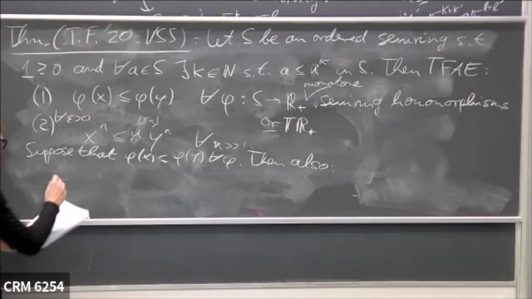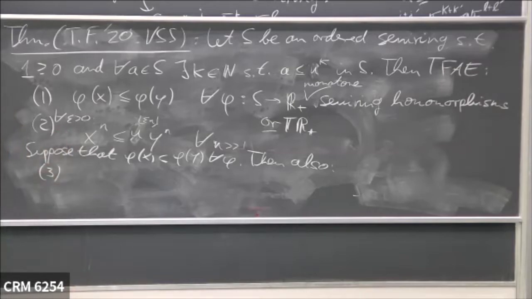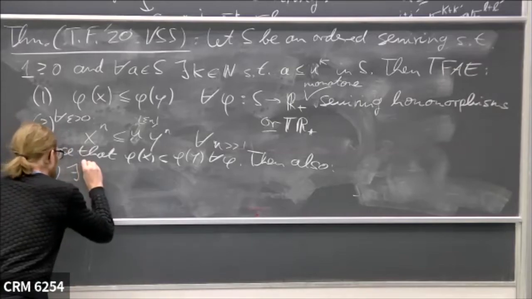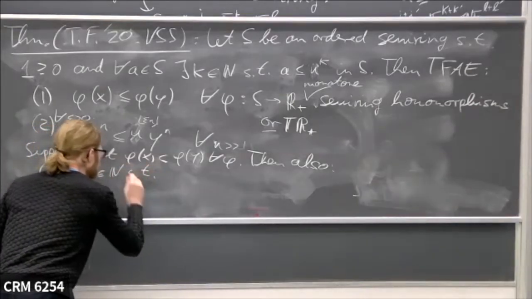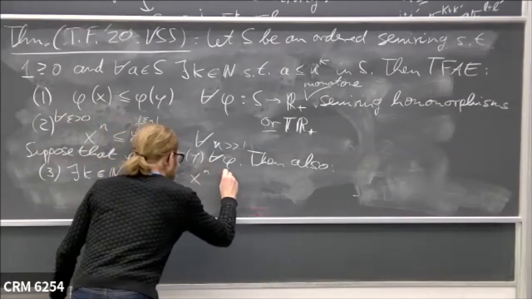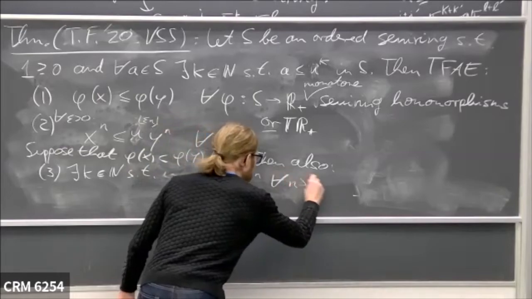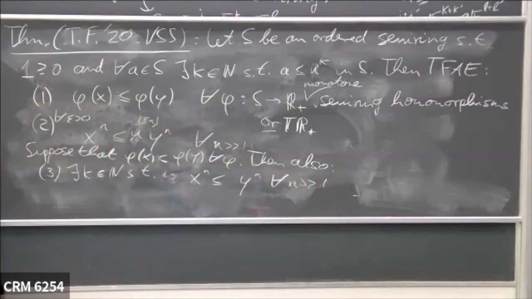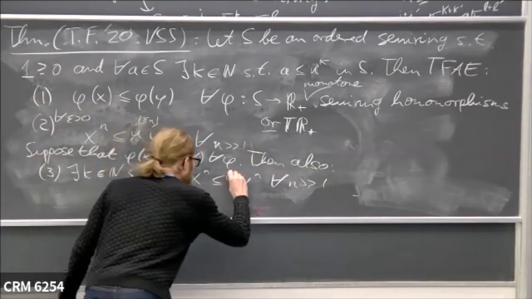Namely, we can say that, and so now this is condition 3, that there exists a fixed power k such that, what I would really like to have is just x to the n less than or equal to y to the n for all sufficiently large n. But this I don't unfortunately quite get, but at least with an additional power of u, the same power of